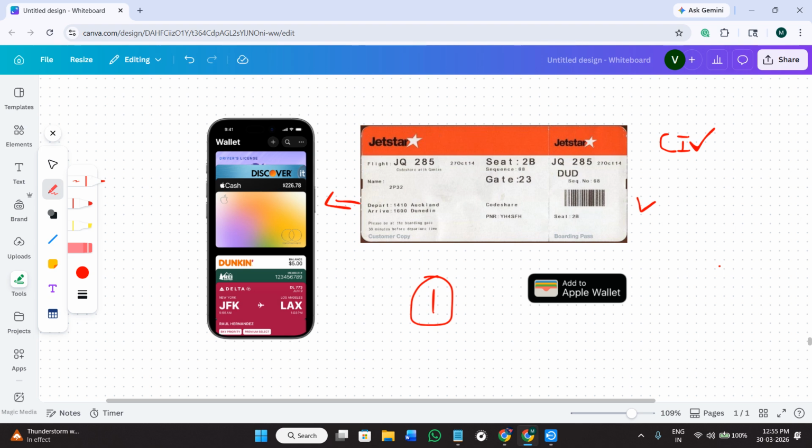Now, Jetstar sends your boarding pass digitally, so you need to simply open your email. After that, inside your email, you need to find the Jetstar boarding pass. Now, when you are able to find it, you just have to look for this particular option that says add